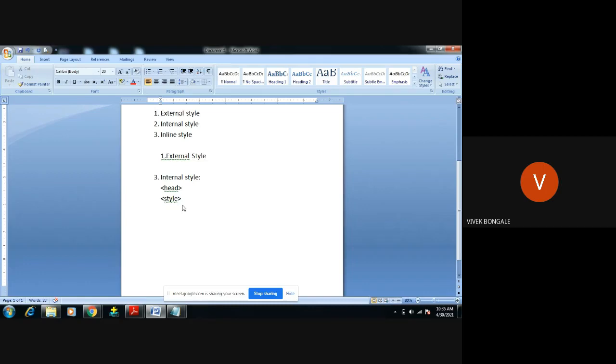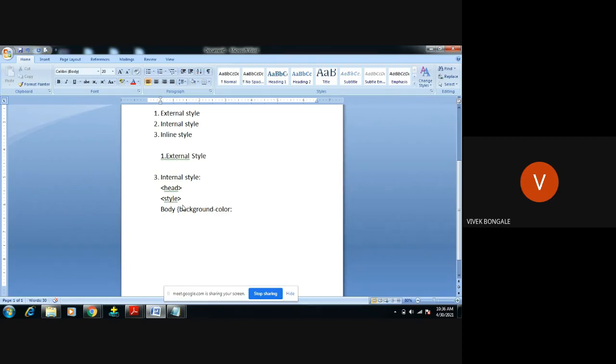Okay, head, style. So the same thing I will use, as in the previous program. I used body, open, background color. We will try to give a number, some random number. We can give the attribute value in two ways. Body, background color, followed by a color name directly, like green, red, whatever you want. But you can also give the hexadecimal.